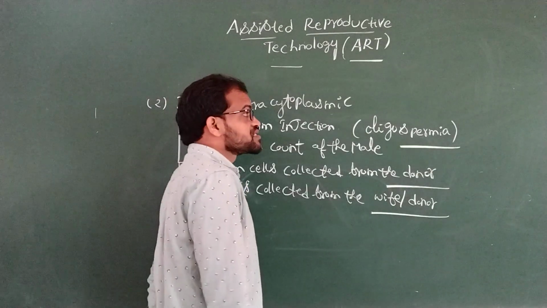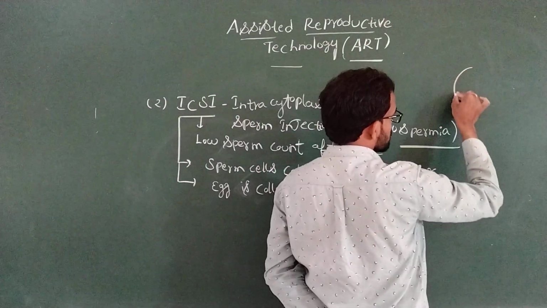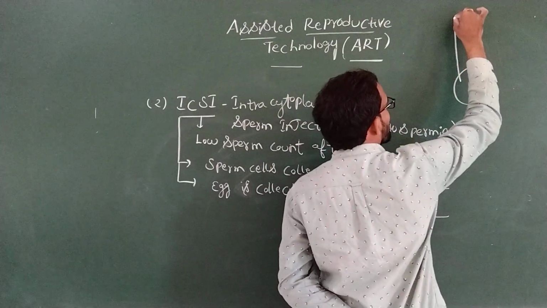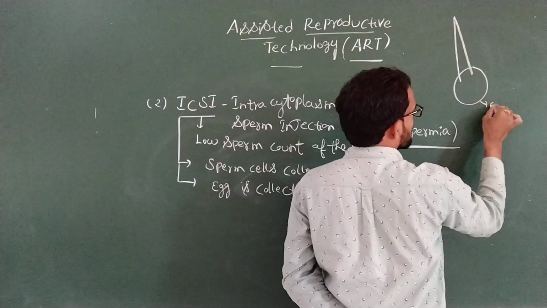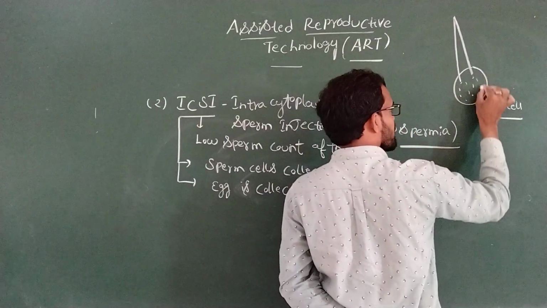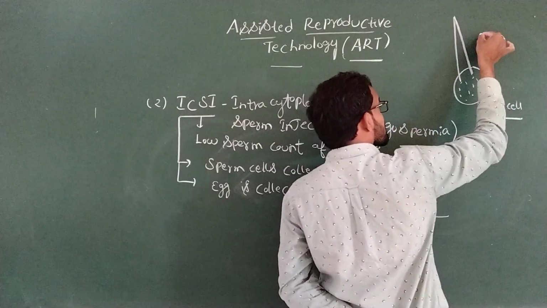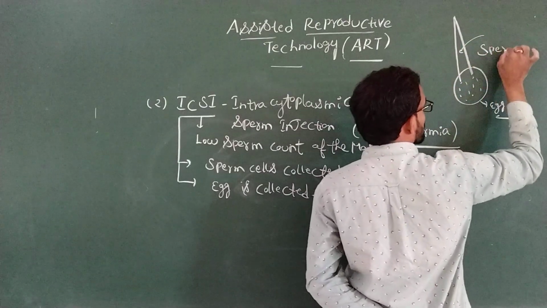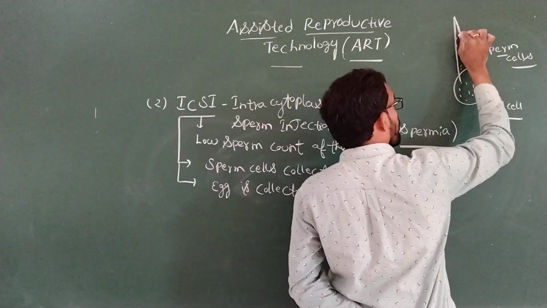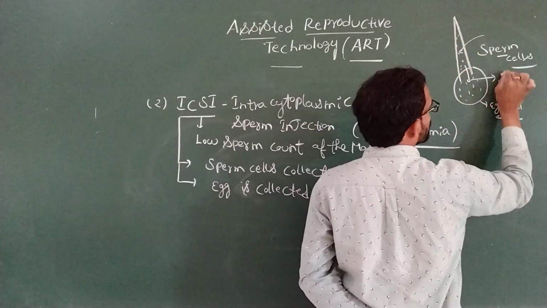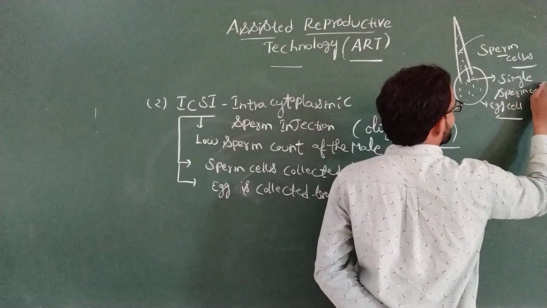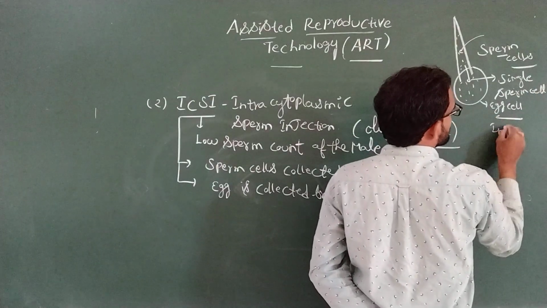How does the procedure work? First, the sperm cells are collected from the donor. The sperm cells are inserted into the cytoplasm of the egg cell, which is indicated here. Only a single sperm cell is inserted